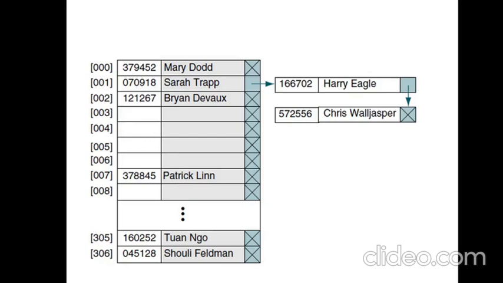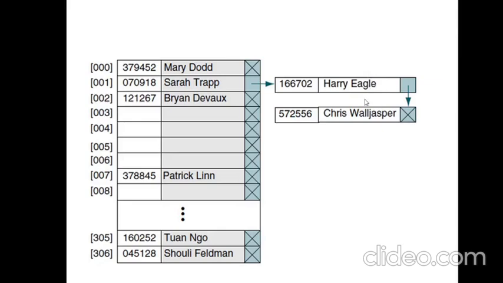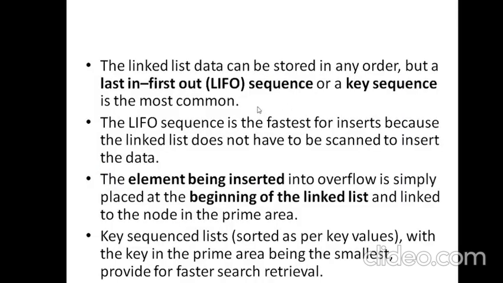They are never going to collide with any other keys. That is the benefit of linked list. One more suggestion they give is that instead of maintaining the list in a random order, it's more efficient if it is maintained in a LIFO sequence, last in first out.